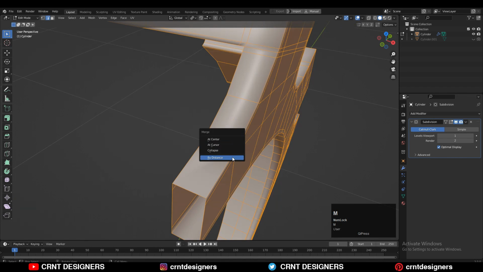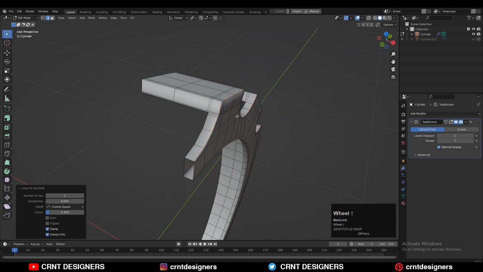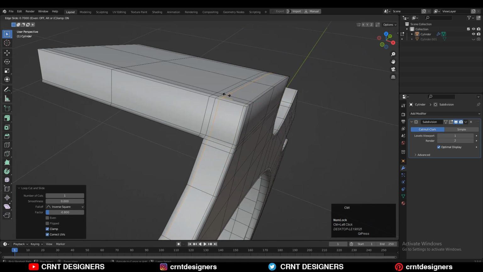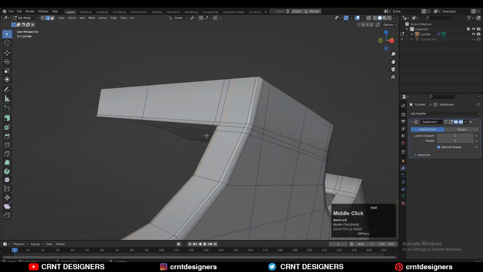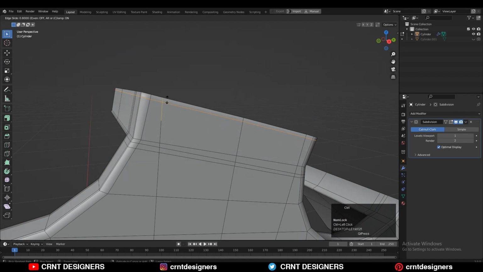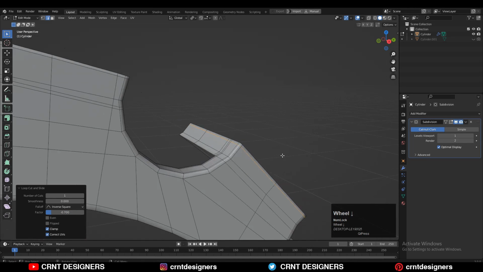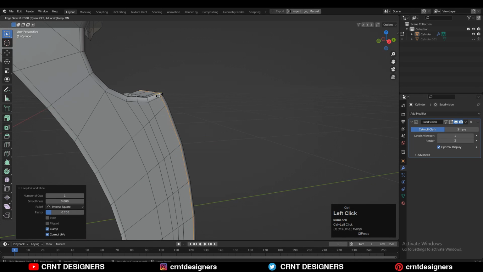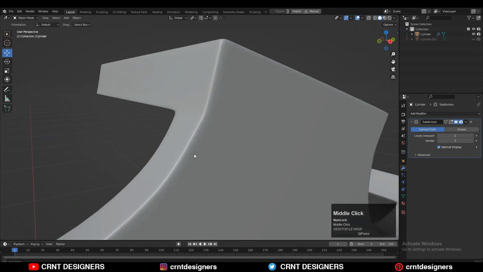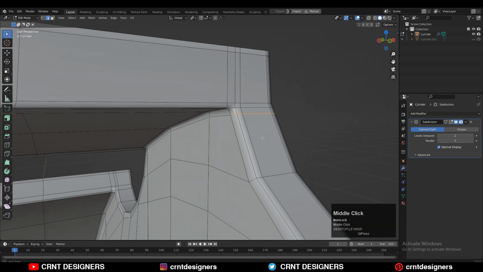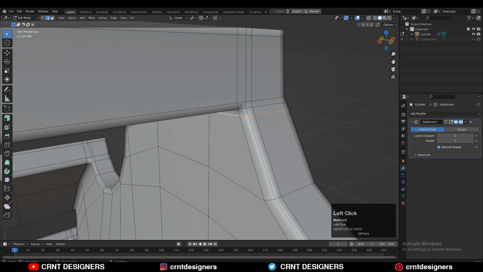So just select everything, press M and merge by distance, the double verts will get merged, and then you can add new loop cuts like this. The model looks decent, but we are facing a little bit of an issue here. Then you can add loop cuts which go in the outward direction to maintain that harder edge from the outside. Here I can use the edge flow to avoid that pinching issue, but then I also get a little bit of weird results there.